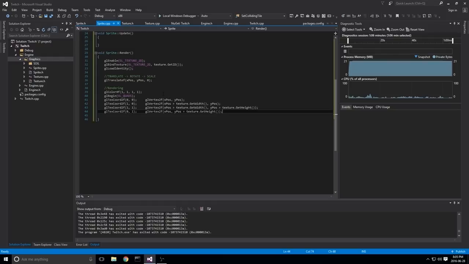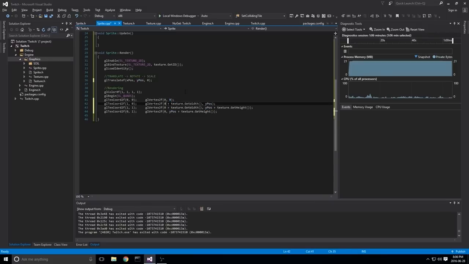Now, I'm just realizing something. Because we translated our entire matrix to this position, these should actually be zeros. If we hadn't translated this, this would work. But if we ever want to add rotation and scaling, it actually makes sense to translate the entire matrix first. So if we translate this to like 100, and then we set this to 100, this is from the point at which we've already translated to. So this would really be 200 in the global positioning. So let's go ahead and change these to zeros. And again, the YPOS, we've already moved there, so the YPOS is also 0.